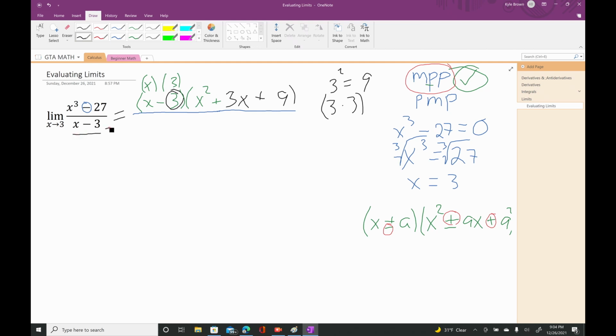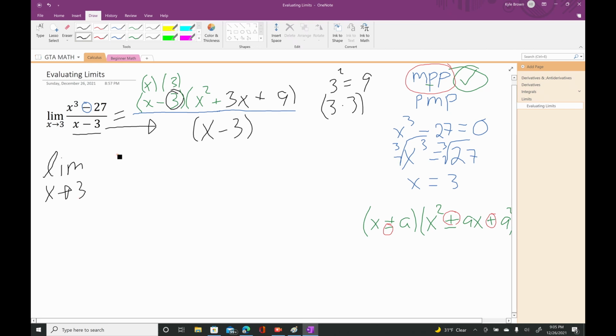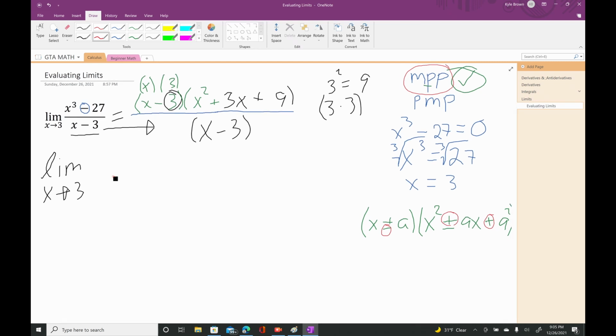And then we're going to leave the bottom of this limit and we're going to drag it right over. So it's just going to be x minus 3. So I'm going to just rewrite this a little bit cleaner, so that way we can see the problem a lot neater. So we have x minus 3, x squared plus 3x plus 9 all over